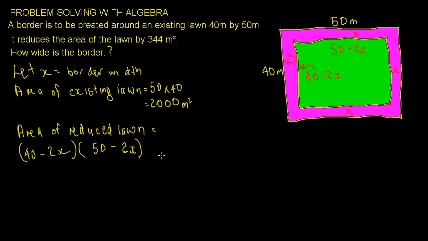Okay, and that's going to equal 2,000 minus 344, which equals,